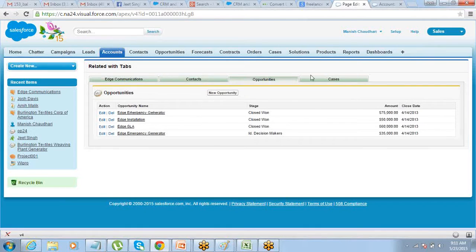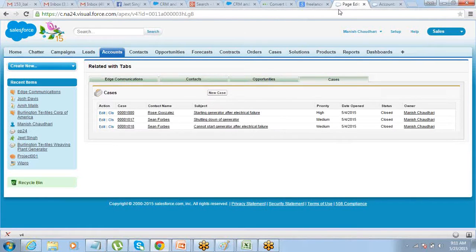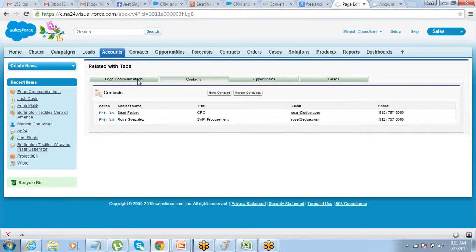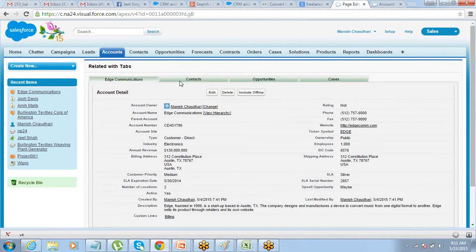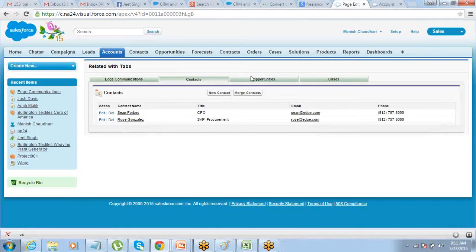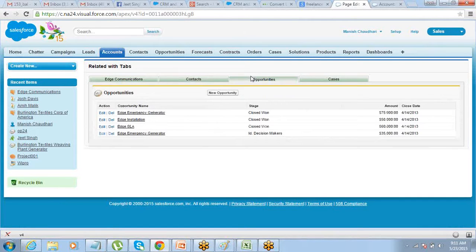See, the complete page does not get reloaded. If you notice here, you will find it's a smooth change from one tab to the other tab. So you are actually not wasting any time whatsoever on the entire load of the page and stuff like that. Clear? Please let me know if there is any question or doubt here.